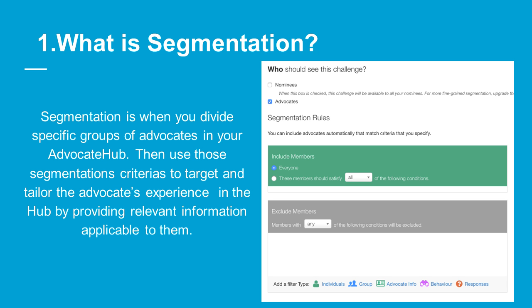First is, what is segmentation? Segmentation is when you target or divide specific groups of advocates in your hub and use that grouping rules to tailor their AdvocateHub experience and only provide relevant information available and applicable to the specific groups. And you can access the